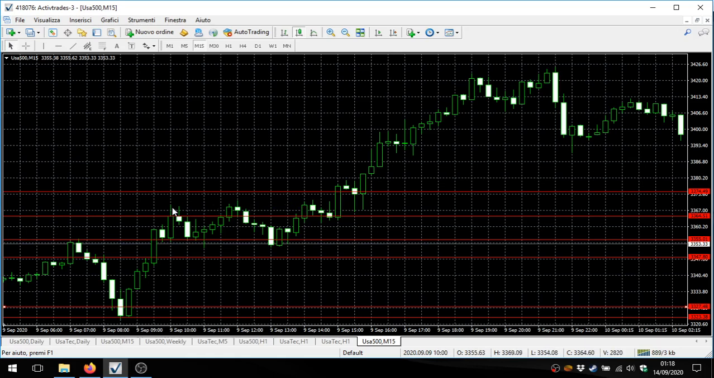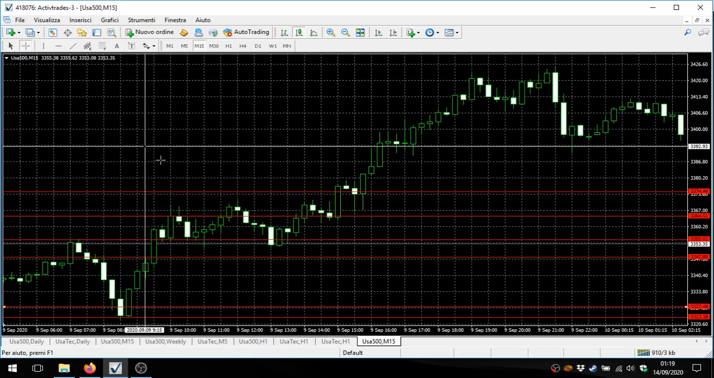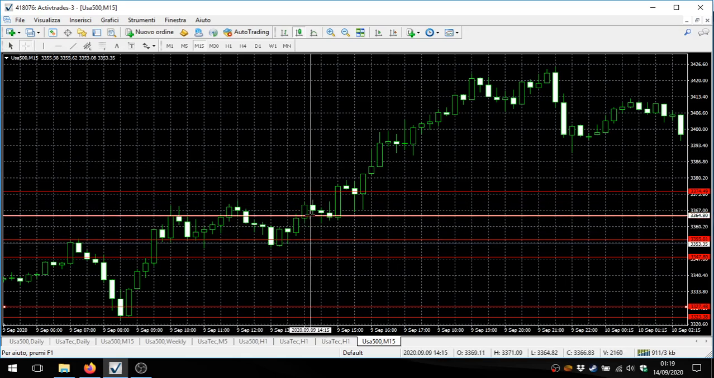You already have one test, two tests, and because this demand has done its job, you can't expect that this supply on the third test works again as a supply. In fact, we have the price tending to find acceptance inside the supply. This is not a good sign if you are shorting this area, because probably at its first